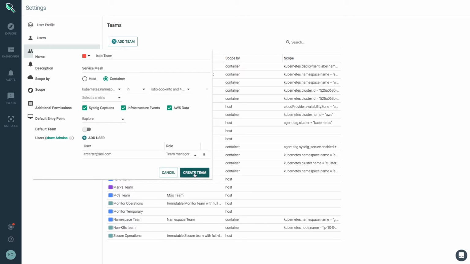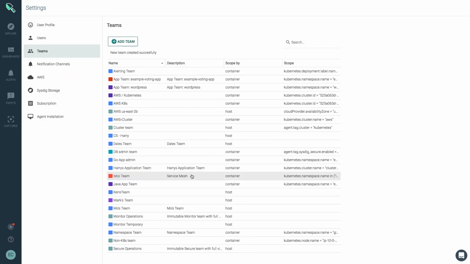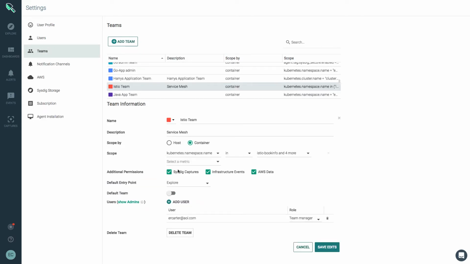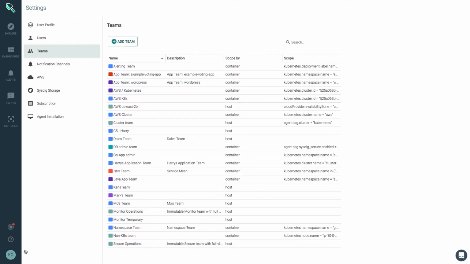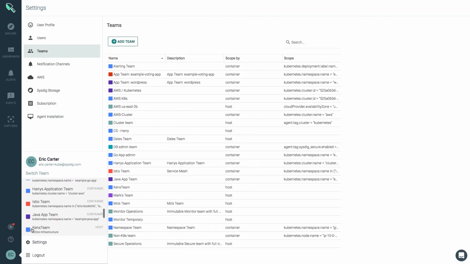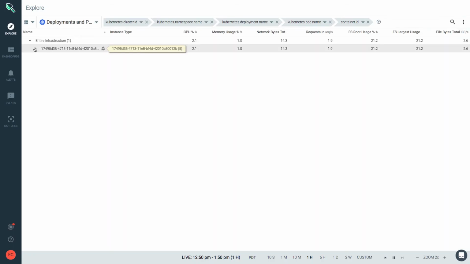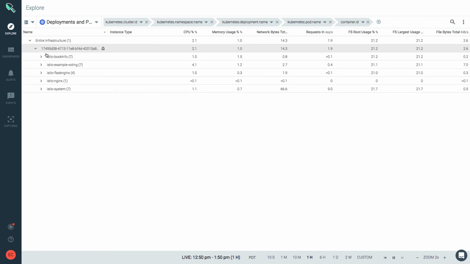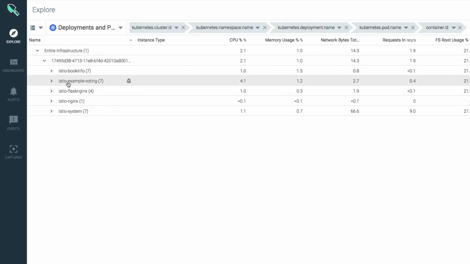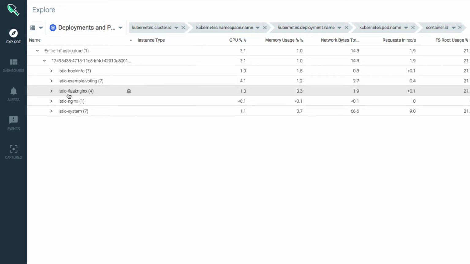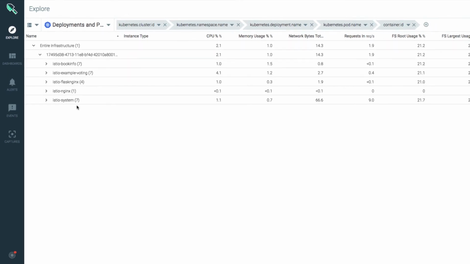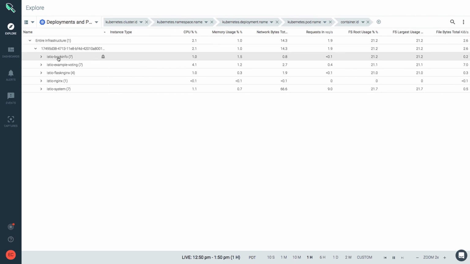Now, once we hit Create Team, the team is ready, and our users can log in, and you can add more users by editing the team in the future. Let's switch to this team. And we can now see that I have visibility into just the Istio services in the environment. This is great because I have both reduced noise as a user, I can see just what I need to see, but also as an administrator, you know that the right people have the right system access, no more and